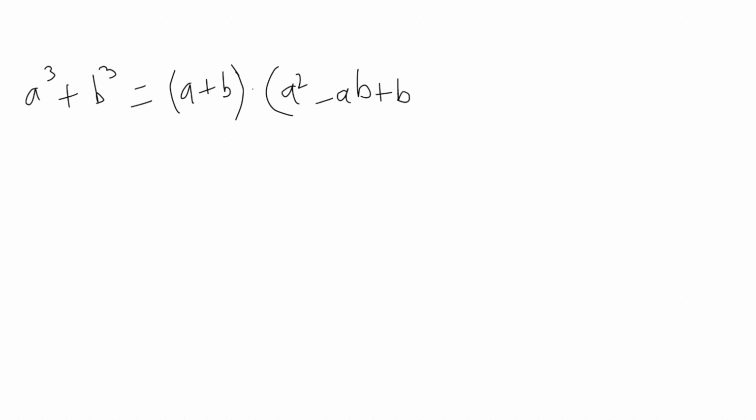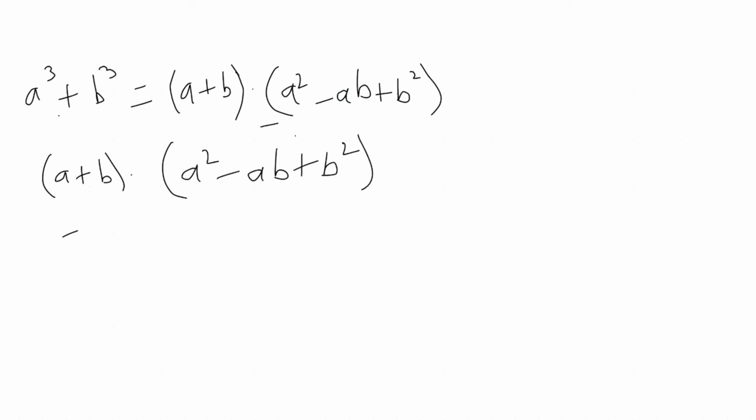So the small trick, if you want to do its derivation, you have to start from the right hand side. So let us see what we get from the result of the right hand side. Starting from this, we would reach this, okay? If you take this multiplication, it comes out as first a into, we would multiply a with this whole thing, then we would multiply b with this whole thing,